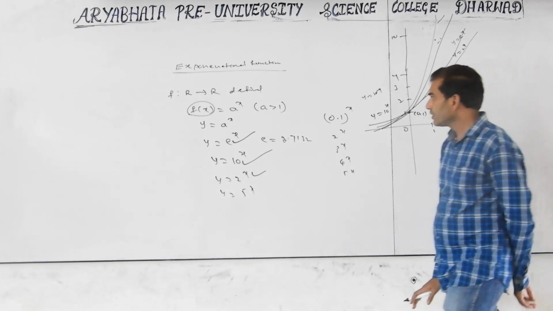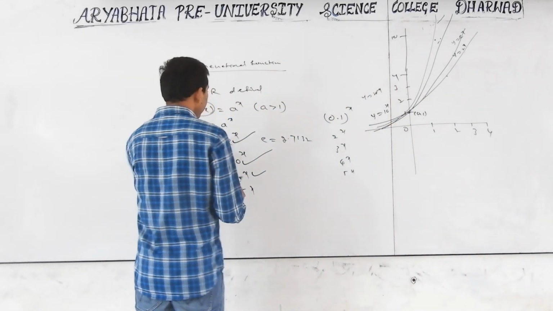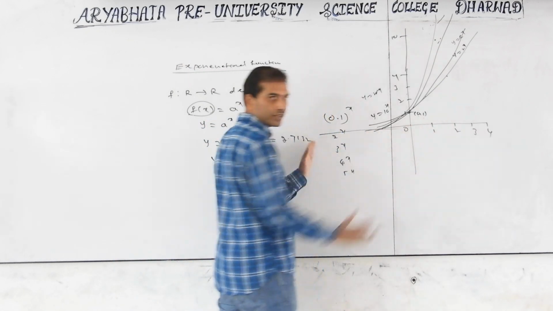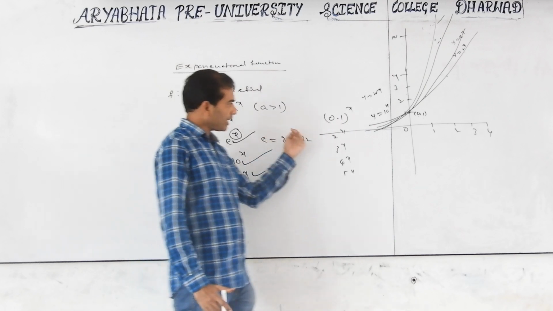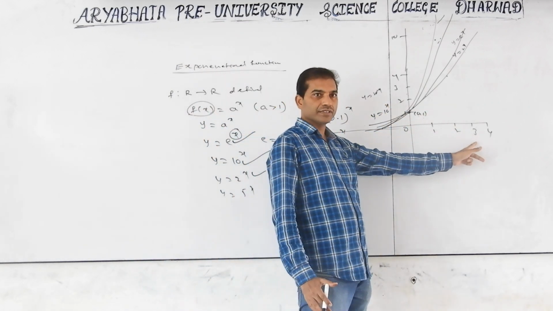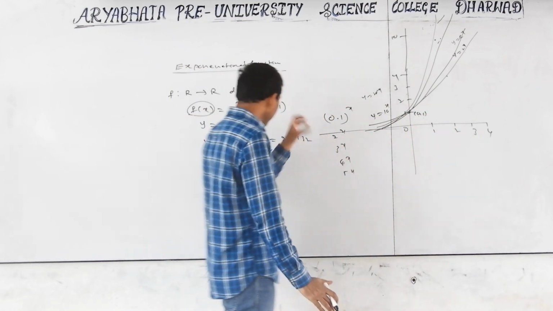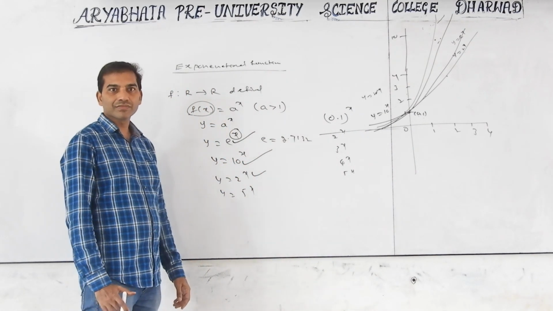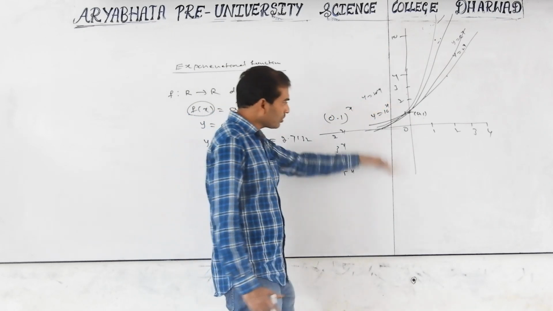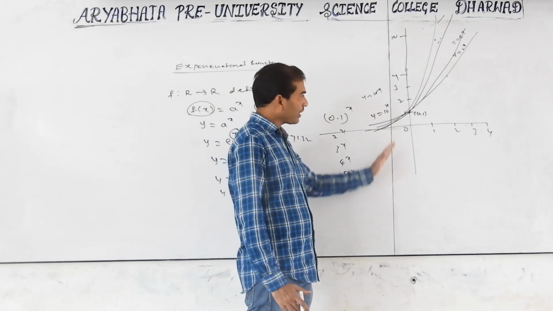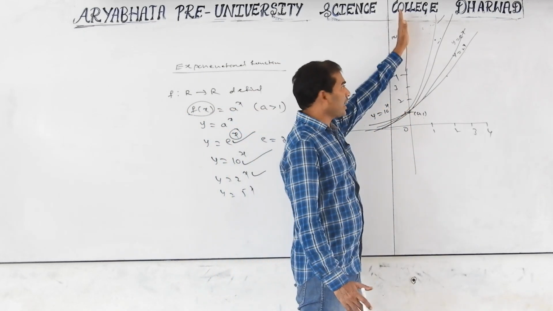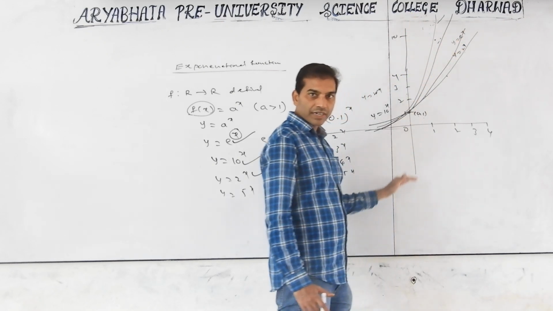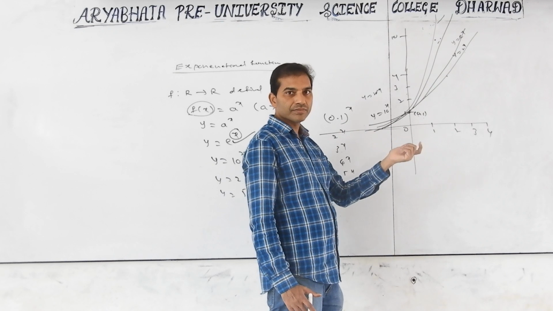For this, what is the domain? The domain is any real number, from negative to positive. The curve occupies from the left of the x-axis to the right. Domain is real. But for the range, you never get negative values. Is there any graph on the downside? No. The graph occupies only the positive side, so positive values are obtained, negative values are not. So what is the range?